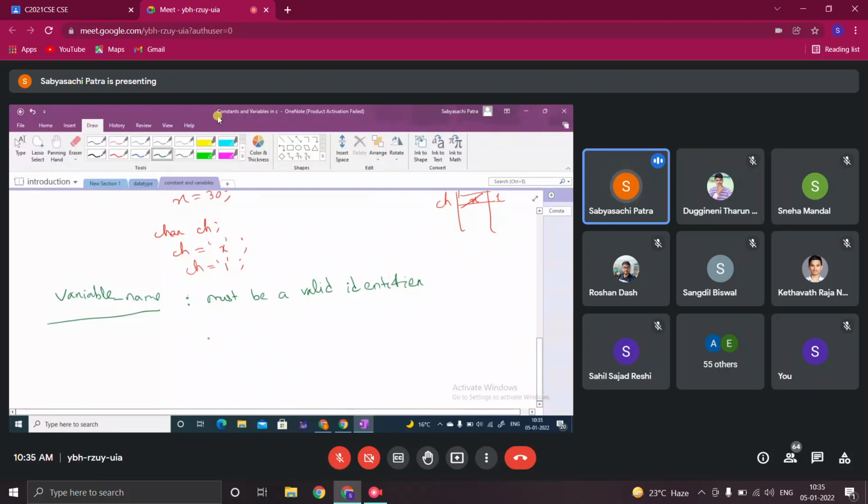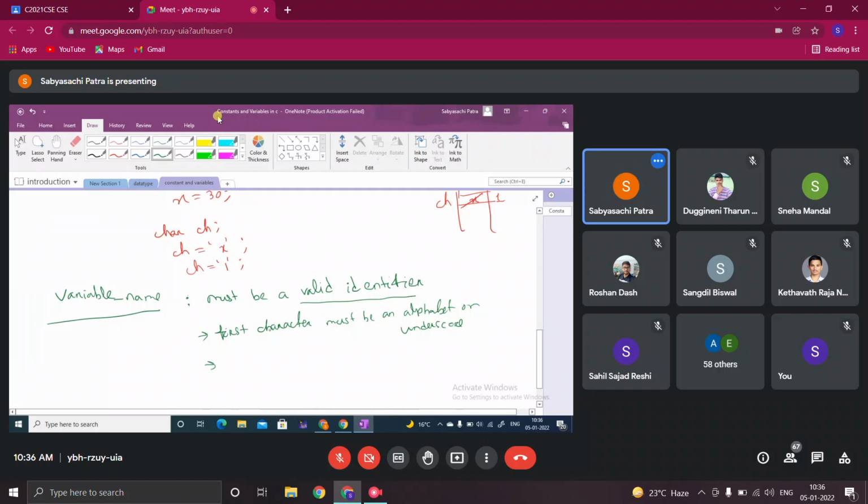Identifier is used as the name of a variable or the name of a function, and here I am talking about the name of the variable. A valid identifier has some constraints: the first character must be an alphabet or underscore.